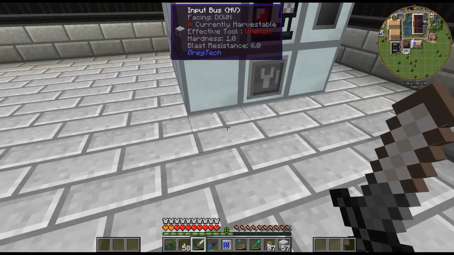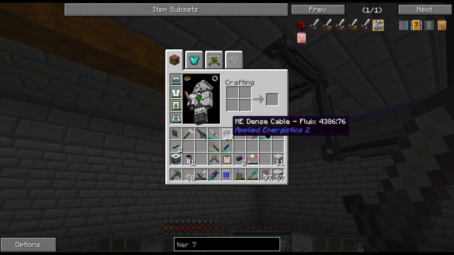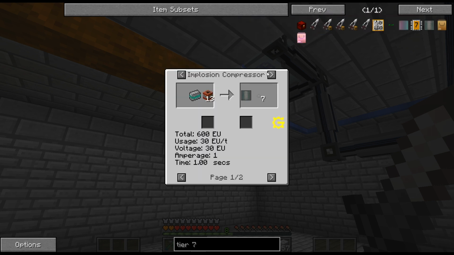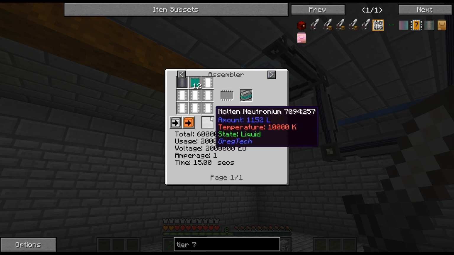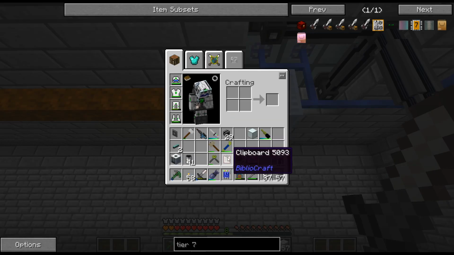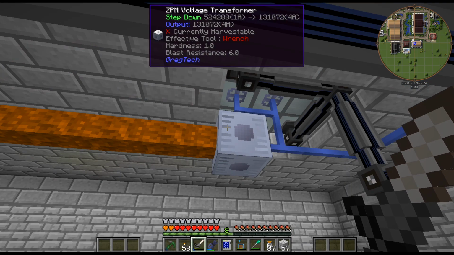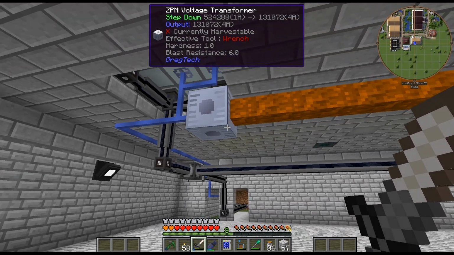I got to figure out how I want to do the fluid extractor because I realized the rocket parts, this is kind of perfect because we need the molten fluid and then the other things. So this is actually perfect. That setup I had over there with the tech parts, I can actually set up in here, and I think